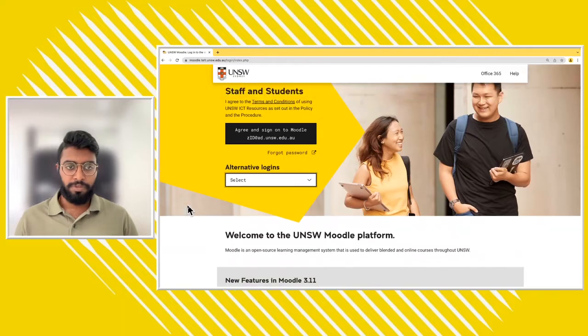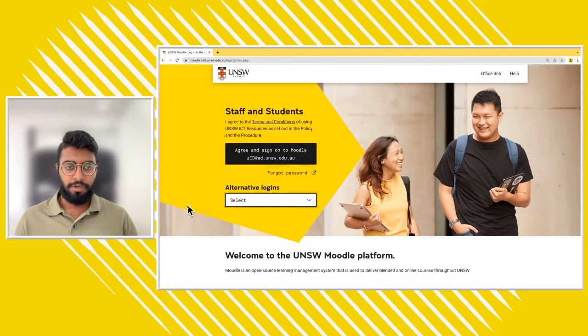And I must also mention, to be able to log into Moodle, you need to note that it will take at least 24 to 48 hours since your first enrollment into a course. So if you are not enrolled in any of the courses at UNSW, Moodle access won't be enabled. You need to be enrolled in at least one course, and it should have been at least 24 to 48 hours for the course enrollment to sync into Moodle. And with that, you would be able to log in and access the course.